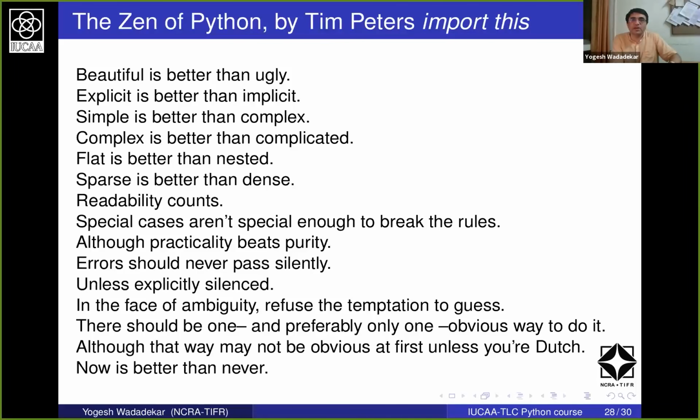Although that way may not be obvious at first unless you're Dutch. Okay, this is a reference to the creator of Python, Guido van Rossum, who is a Dutch computer scientist, and therefore what is obvious to him may not be obvious to you, but since it's obvious to him, he has implemented it in Python. Now is better than never,